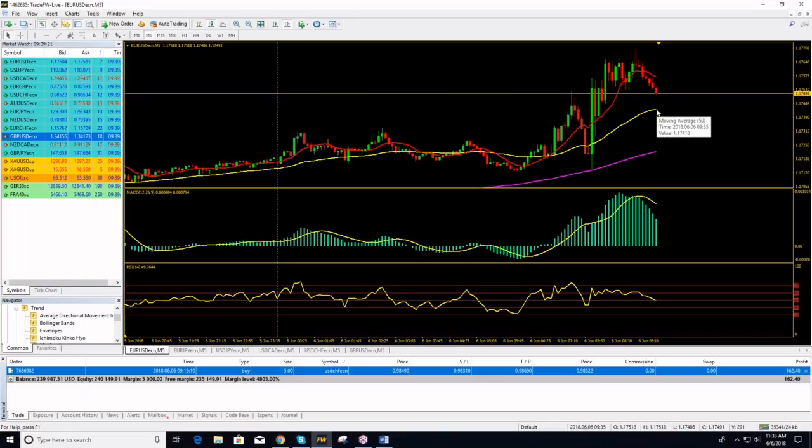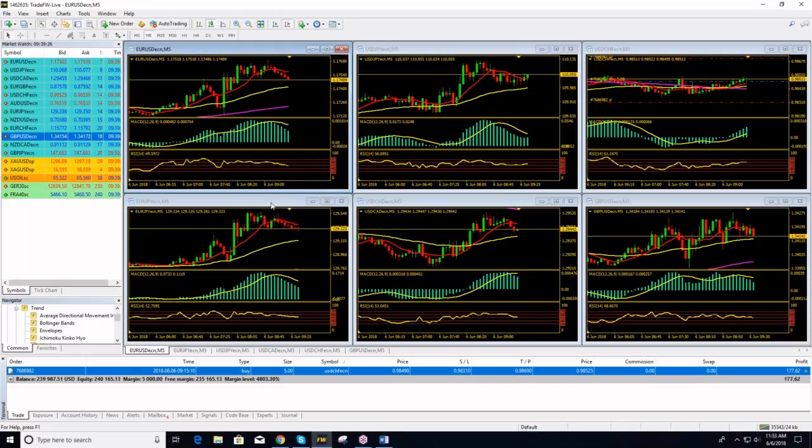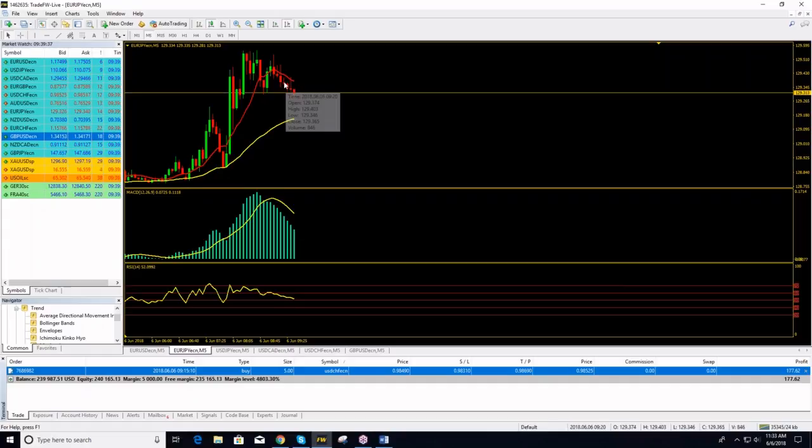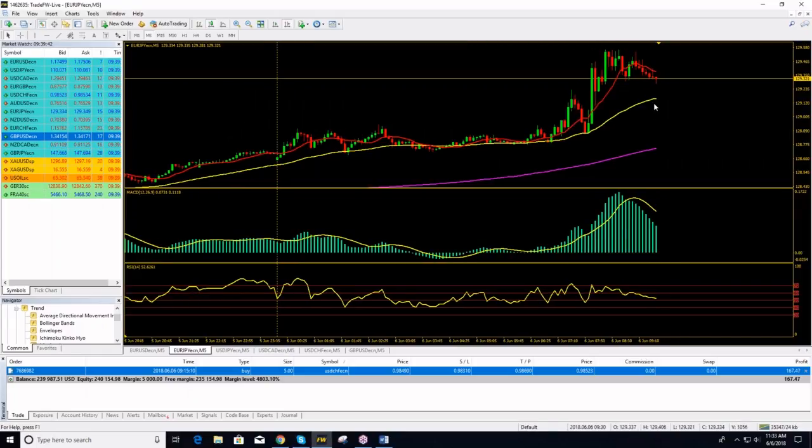If this occurs, then we will examine the probability of going short. Regarding Euro-Yen, as you can see, more or less is exactly the same. Again, we are waiting for a bearish cross for the price to close below MA50 and MA10. It has closed below MA10 but still above 50, so it's not good for us. So we are waiting for the price to close below both these moving averages, and of course MA10 to cross downwards the bearish cross on MA50, and we will examine again the possibility of going short positions on Euro-Yen and